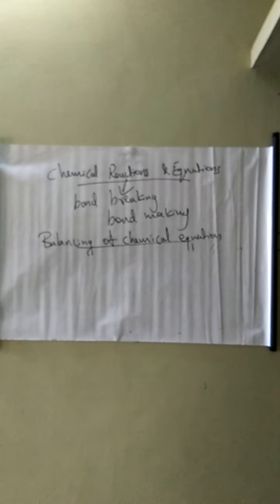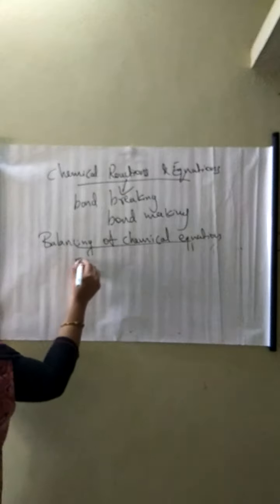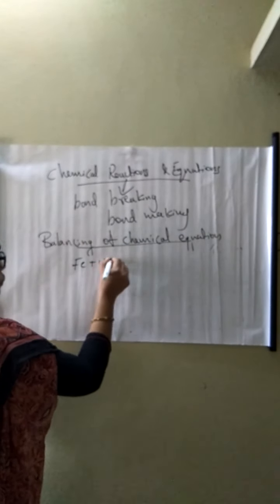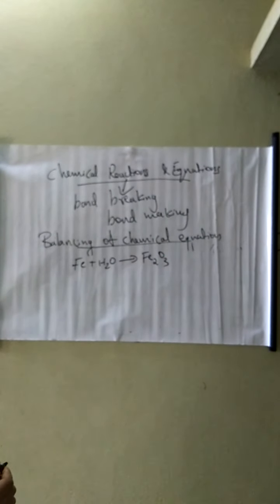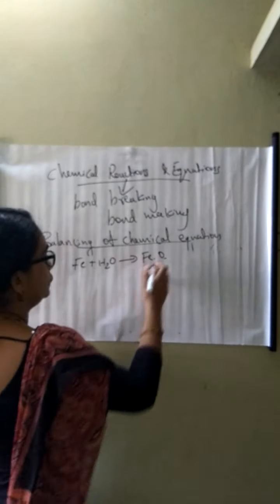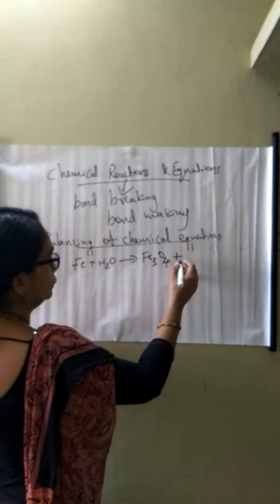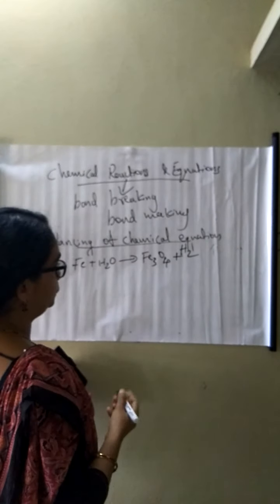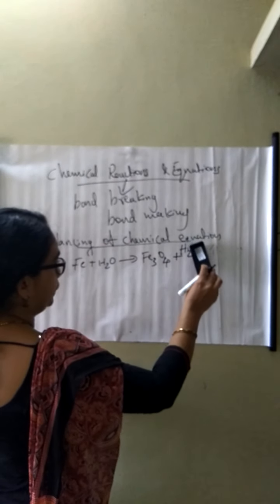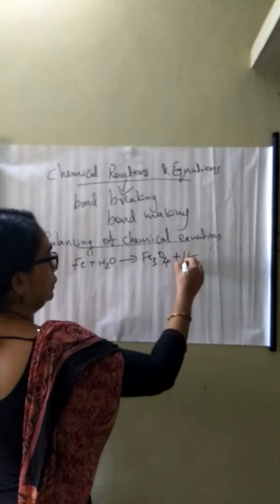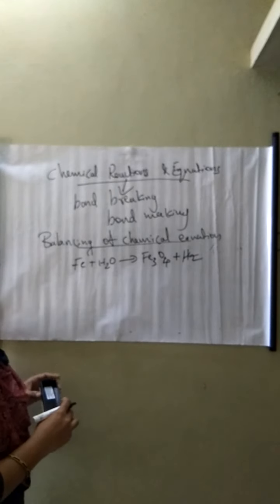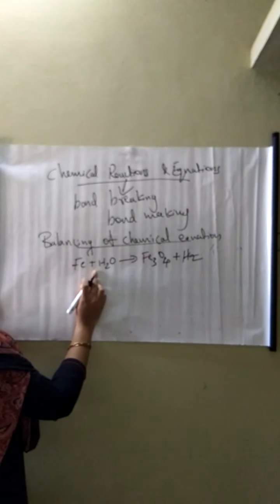Iron reacts with the steam to form iron oxide. I will write the equation here. Fe plus H2O gives Fe3O4 plus H2. Actually, balancing of chemical equation is a trial and error method. We are keeping numbers, then balancing. Then this equation you can see